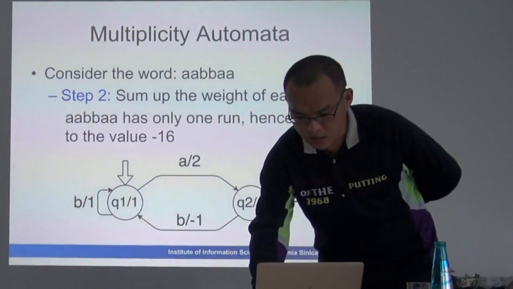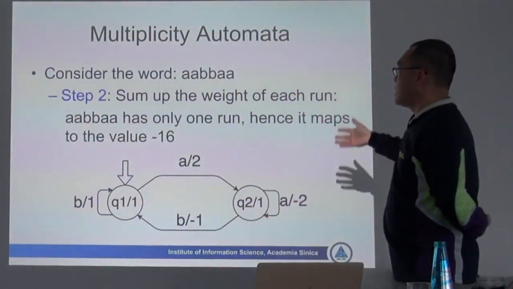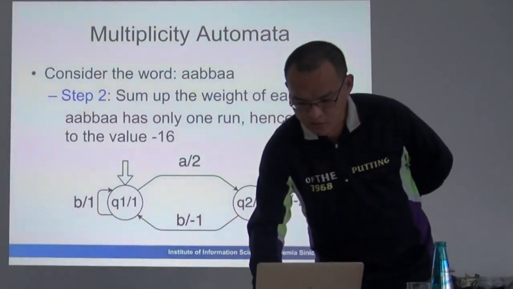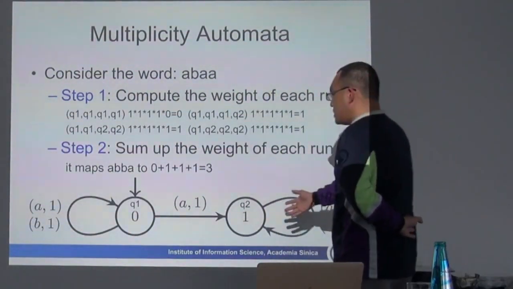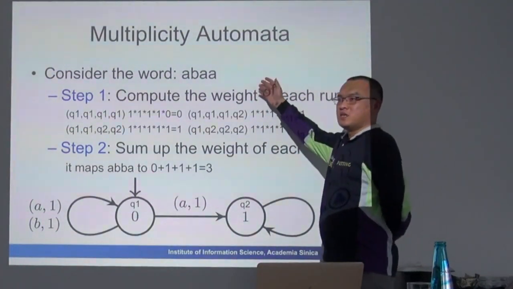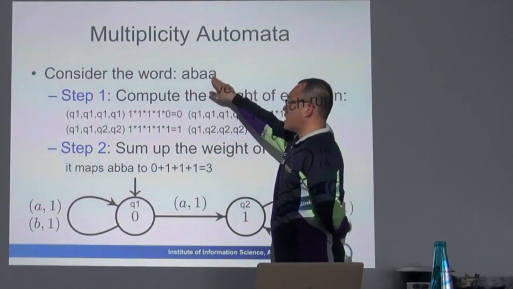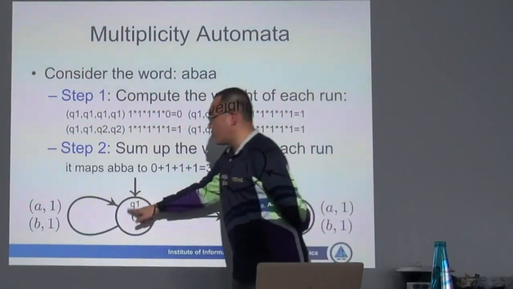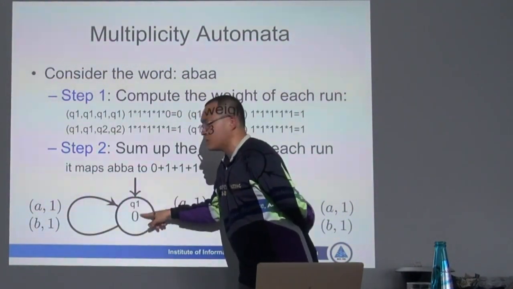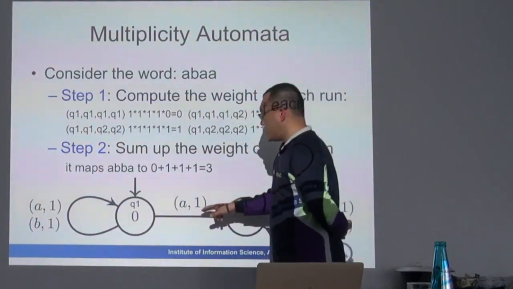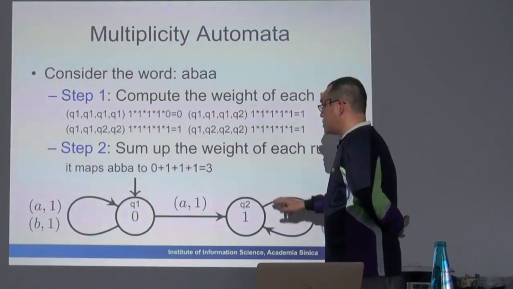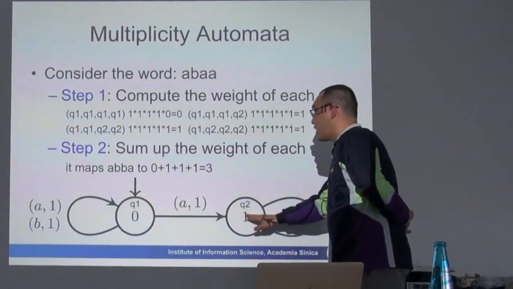And I will sum up the weights of all possible runs. In this case, it has only one run. There can be some other model, for example, this one. Actually, it computes the number of occurrences of A in the string. So for this ABAA, I actually have 4 runs. One is that I all the way do self-loops, so I have 1 times 1 times 1 times 1, and at the end I multiply by the weight 0. And anytime I read A, I have a chance to go to the state on the right. In this case, the weight of the final state will be 1. So I actually have 3 different choices here.